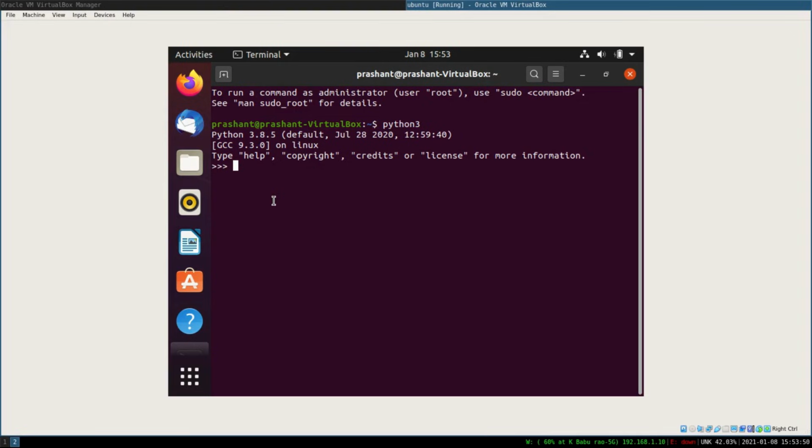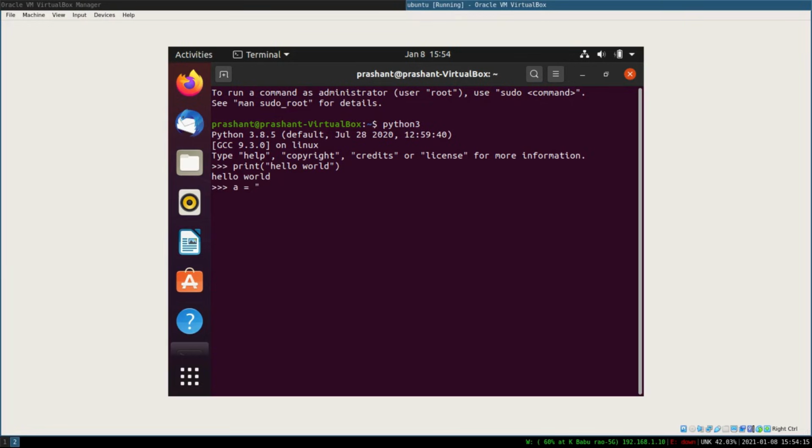For example, let's say you just want to print something. The statement is print and the corresponding text in between the quotes. If you want to declare variables, you can just write a variable name and assign it any value. It could be a string or integer or anything.